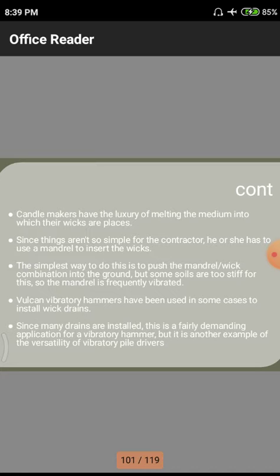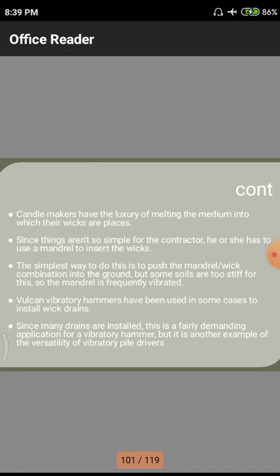Whenever there is less quantity of plasticity, there may be a huge chance to make these holes in the particular soil. Depending upon the soil property and parameters, we need to make these holes. If there is any problem in the particular soil in making these holes, we need to use these vibratory hammers. That means a hammer which uses vibrations to make holes in the particular soil.